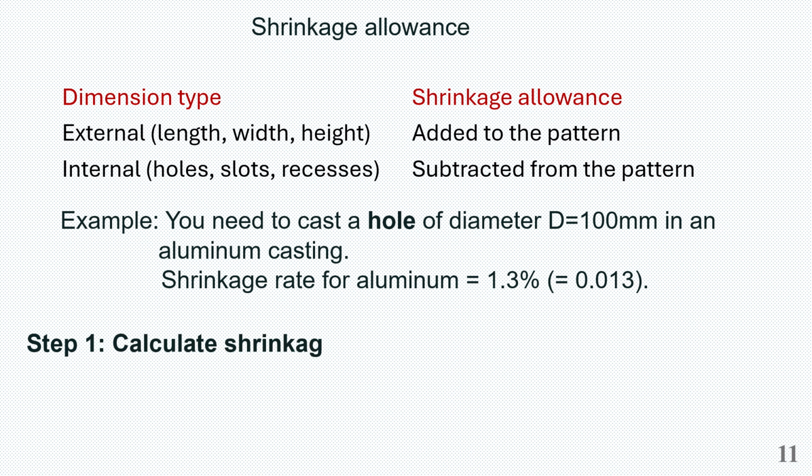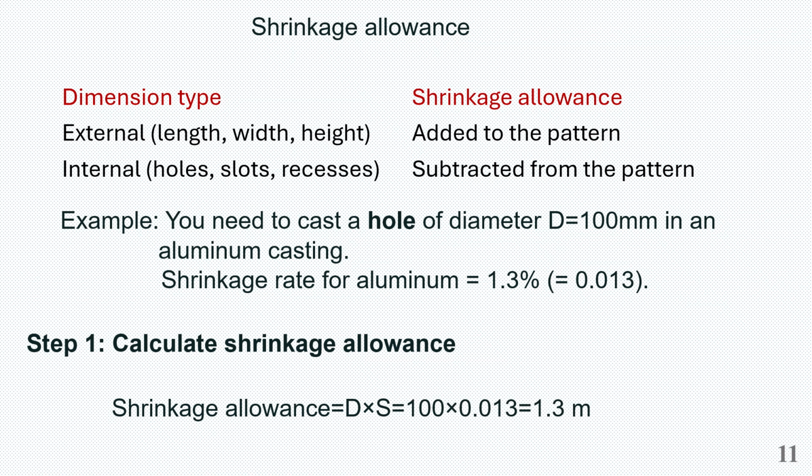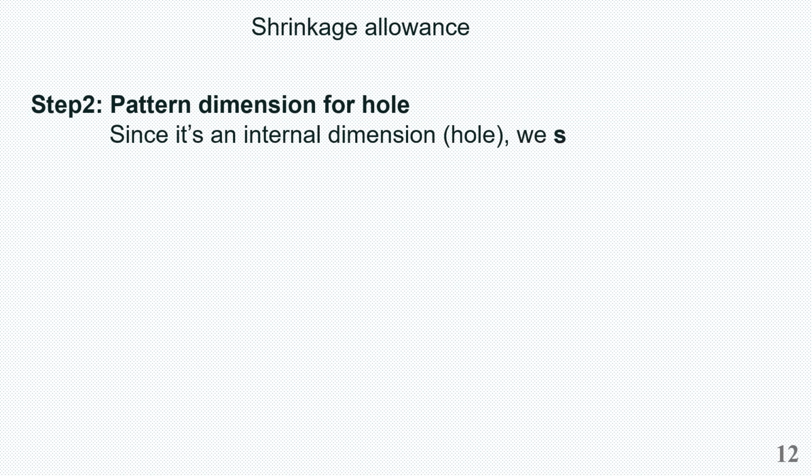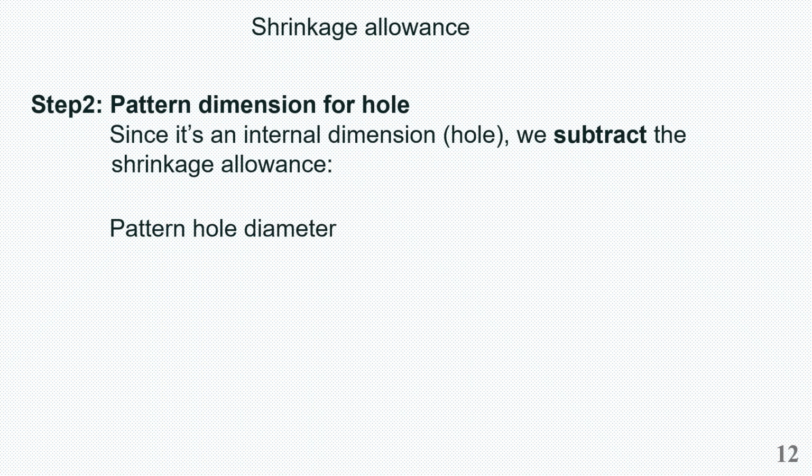So you need to cast a hole of diameter 100 mm in an aluminum casting. The shrinkage rate for aluminum is equal to 1.3%. Then you can find out the shrinkage allowance. So the shrinkage allowance is 1.3 mm. So for the pattern dimension of the hole, since it is an internal dimension, we subtract the shrinkage allowance, so that the pattern hole diameter is obtained: 100 minus 1.3, 98.7 mm is the diameter of the hole to be prepared in